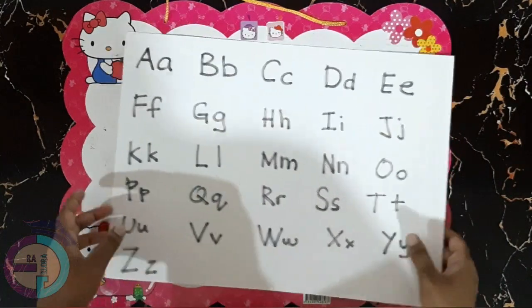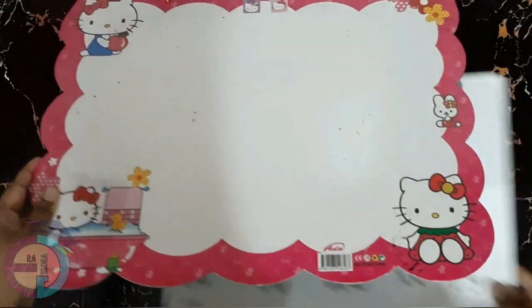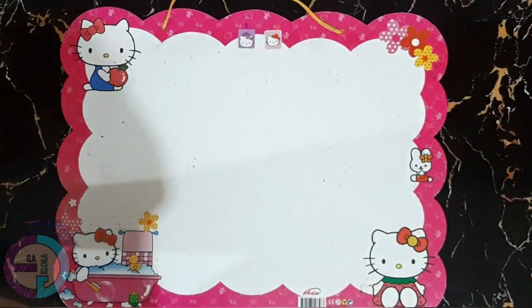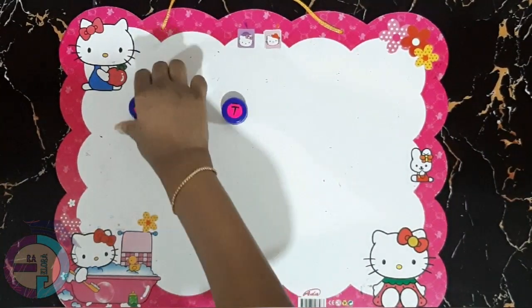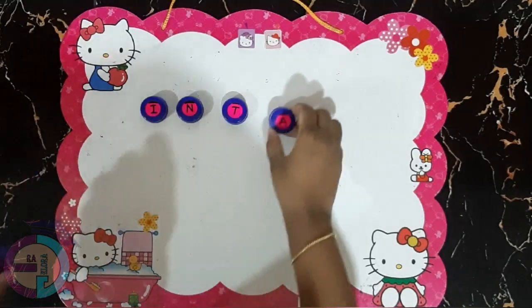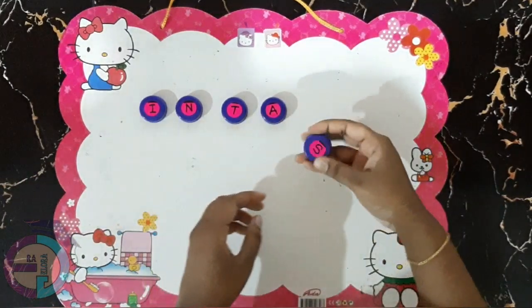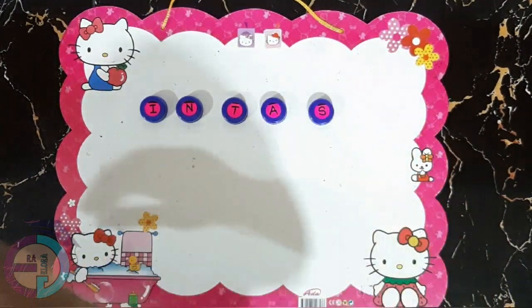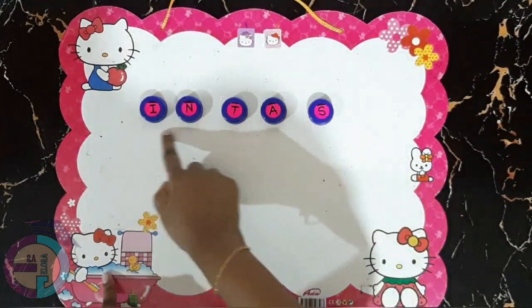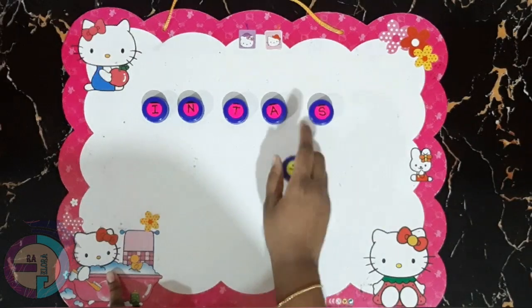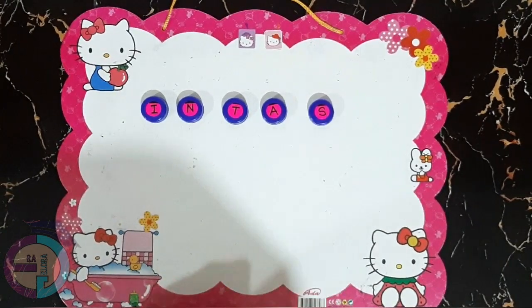Besides that, they can also match the caps. We can have the capital letters here, and ask them to match. Can you match? These are the big letters. Can you match the small letters?